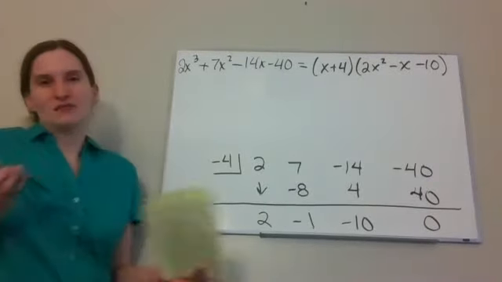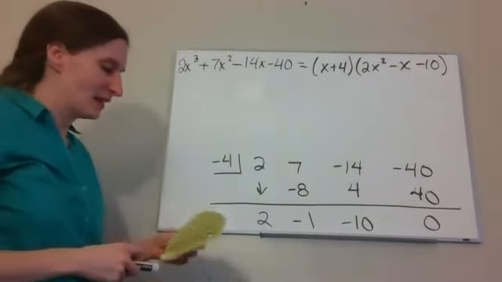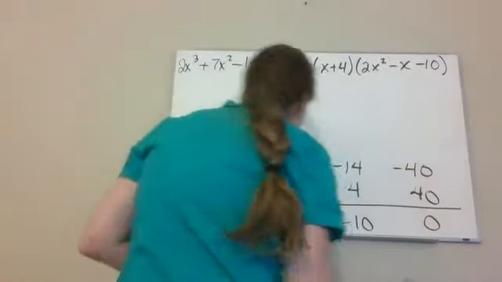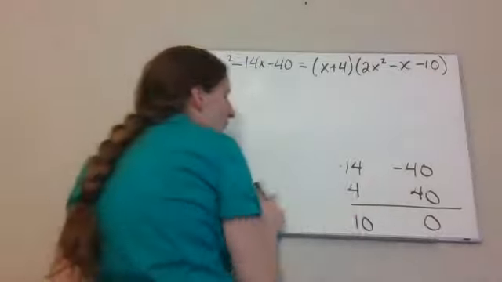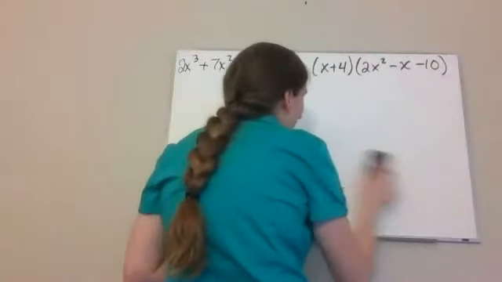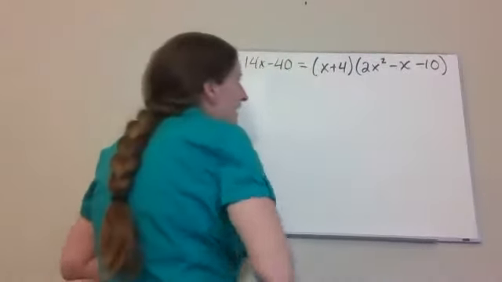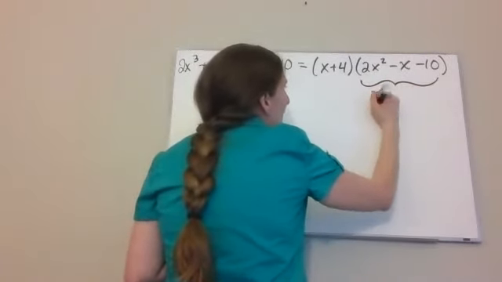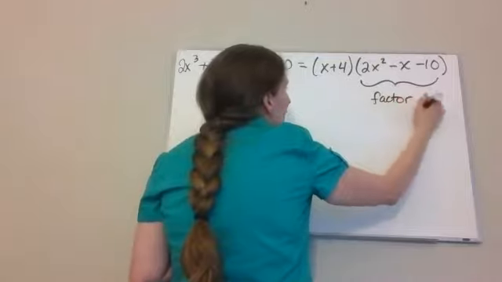So I've got us a little bit factored, but we can see if we can factor it even more. That x plus 4 is as factored as it can possibly get. But this 2x squared minus x minus 10 can be factored more